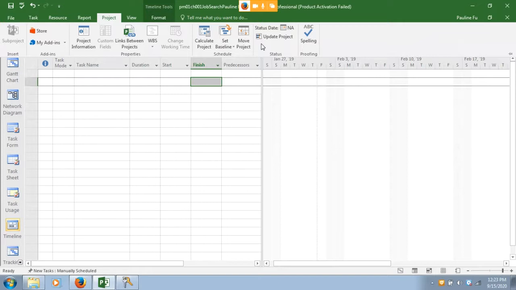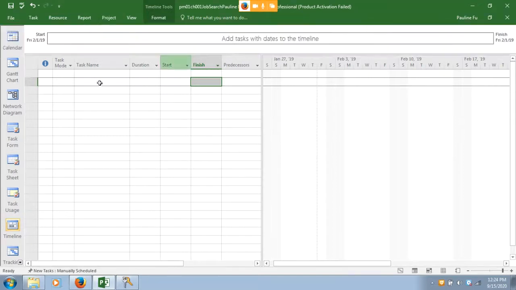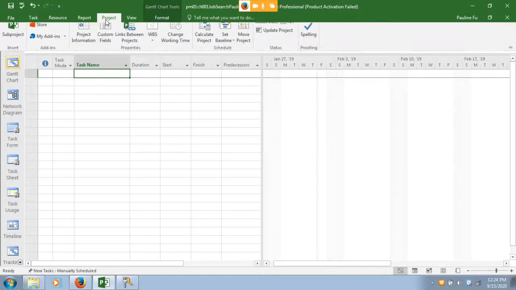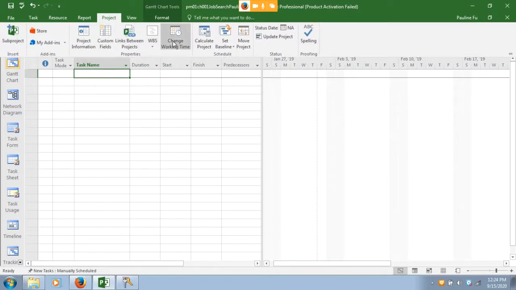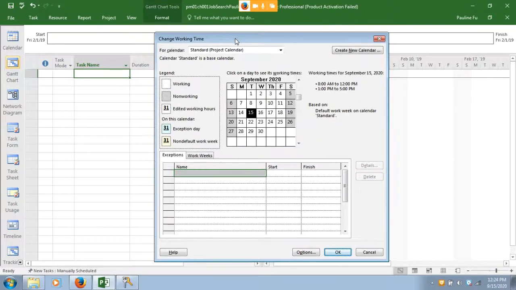I'm looking for the project, then project property group, and then change working times. Project. So where is my change work schedule? Change working time, I have that one, but project. Okay, so project, then change working time here. From project, change working time. Okay. So what did you say? Change working time